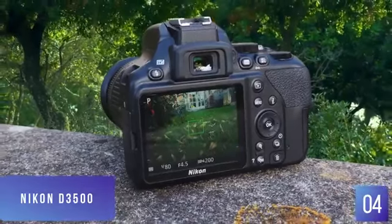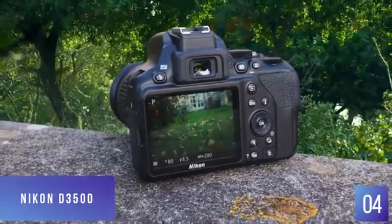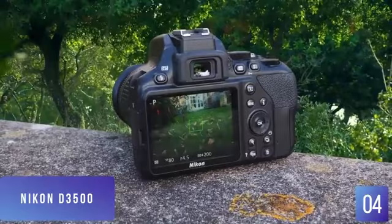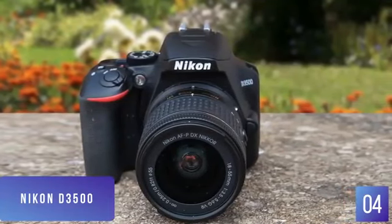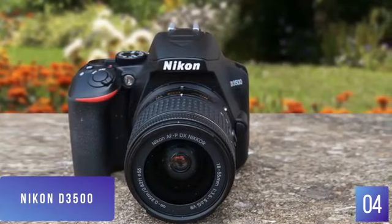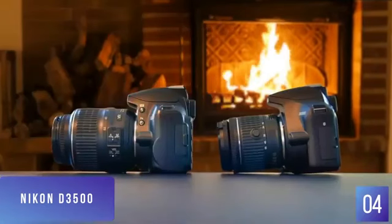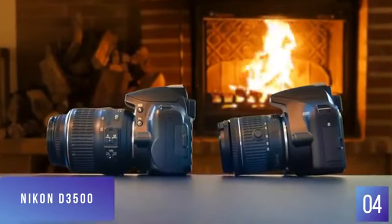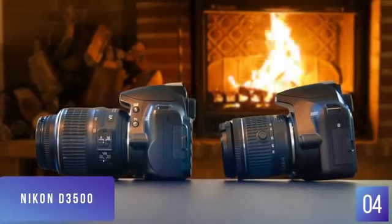The D3500 is over 2 years old, but its age counts in its favor when it comes to price. It's now available for a lot less than its original asking price, making it a great choice for beginners who are looking to take a step up from point-and-shoot photography. Of course, the D3500 isn't perfect, as you'd expect at this price. The main drawbacks are the lack of 4K video capture, some cost-cutting with the external controls, and the absence of